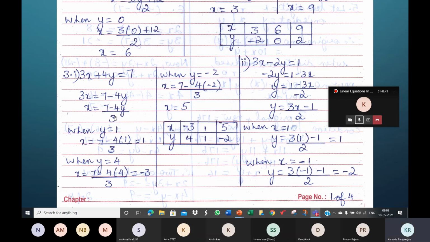Sometimes the denominator will be 11. You will be trying 1, 2, 3, 4, 5, 6, 7, 8. Nothing will work. When you take some value for y, you will get a corresponding value of x, but that will be so inconvenient to plot. And even if you manage to plot it smartly, the 3 points may not be collinear. Some of you plot between 2 lines, you just mark the point and you plot, but the 3 points will not be collinear.